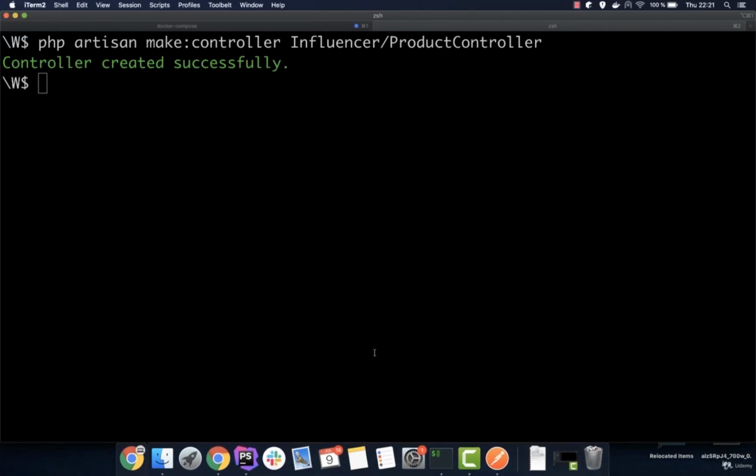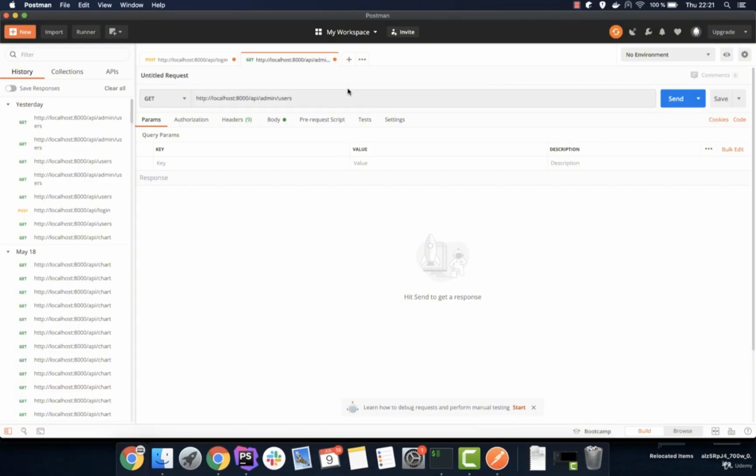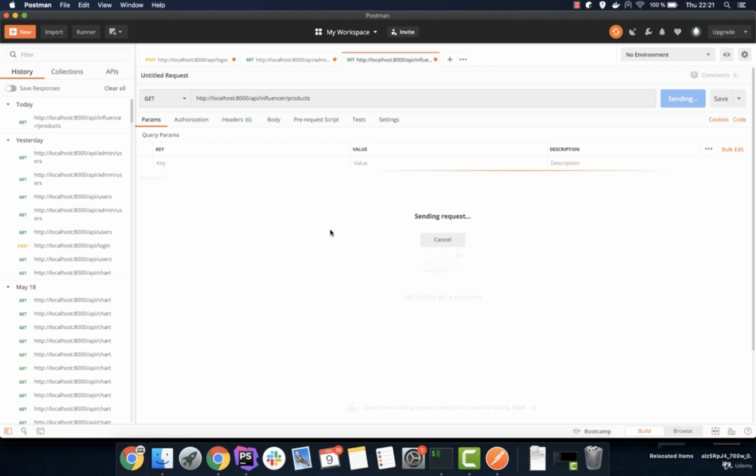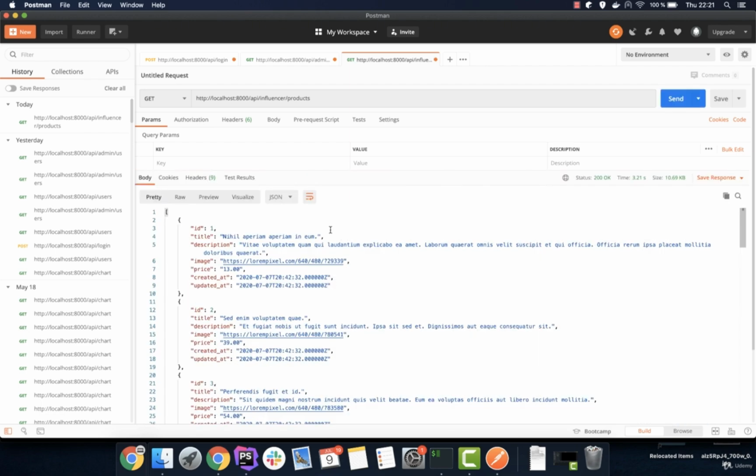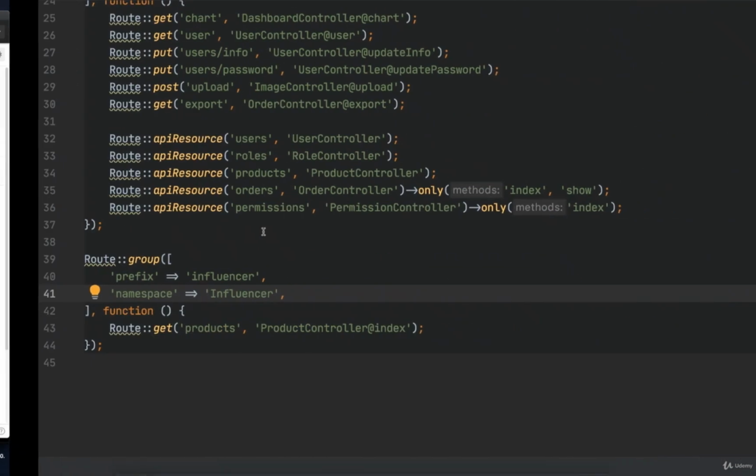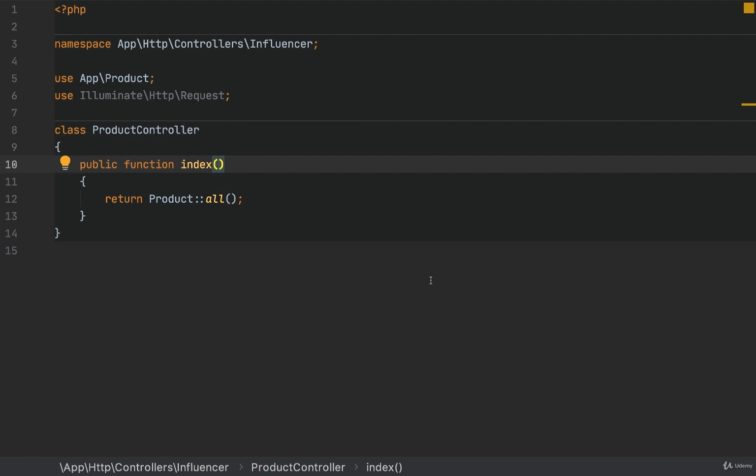Let's see it on Postman. Let's copy this URL, paste it here and go to api/influencer/products. So all the products will appear now. So everything works fine. Now that we got all the products, we want to give the option to filter these